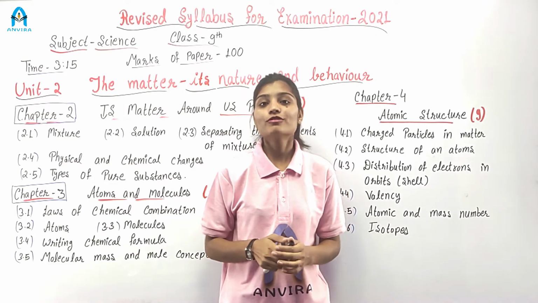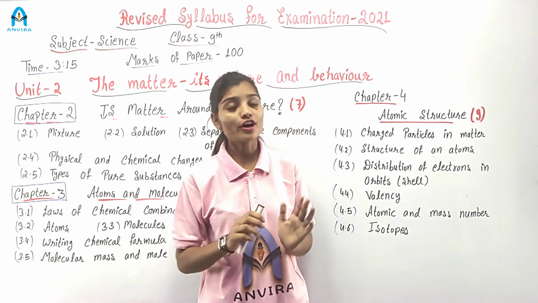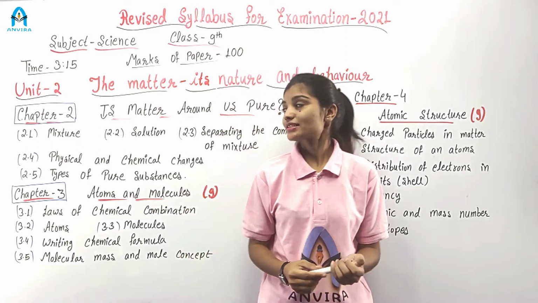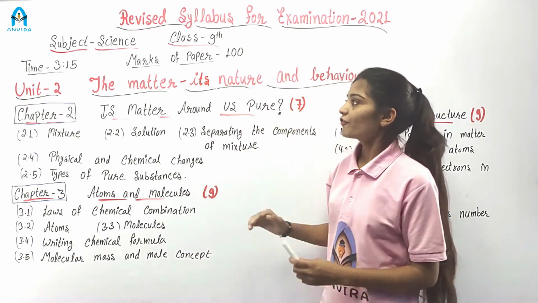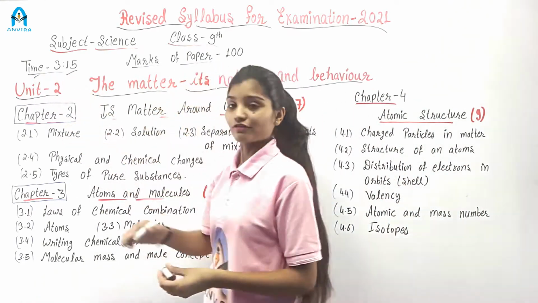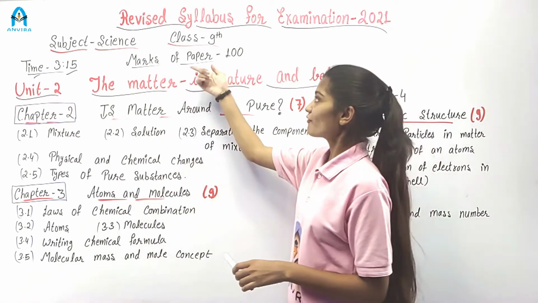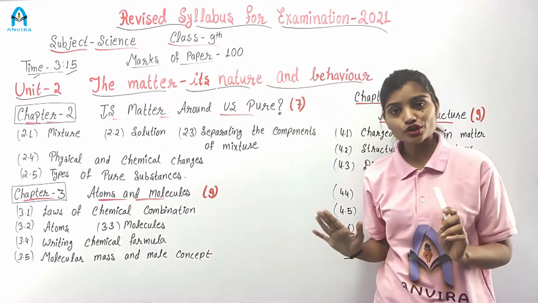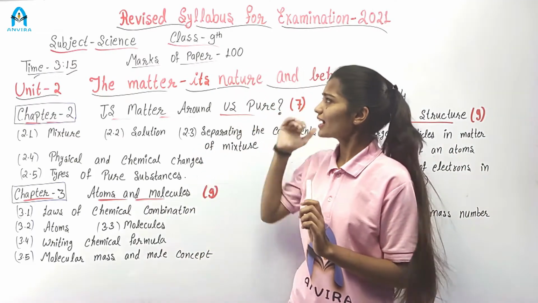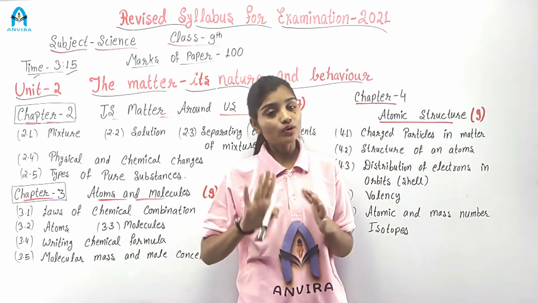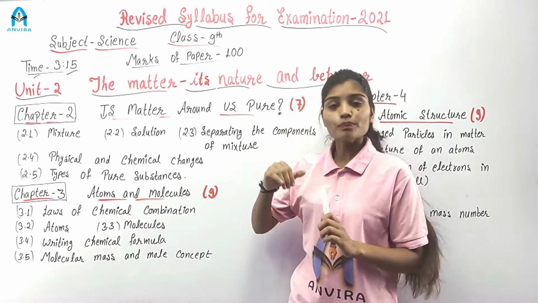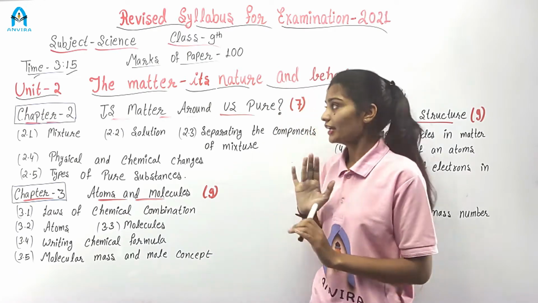In this video we discuss the revised syllabus for examination 2021 of class 10 subject science. For examination 2021, the time is 3 hours and 15 minutes and the marks of the paper are 100, that is, total marks are 100. और एग्जामिनेशन 2021 एंड क्लास 9 के लिए साइंस सब्जेक्ट के अंदर ओनली थ्योरेटिकल जो पोर्शन है एग्जामिनेशन के लिए सिर्फ वही ऐड है, जो प्रैक्टिकल पार्ट है वो क्लास 9 के लिए इंक्लूडेड नहीं है.